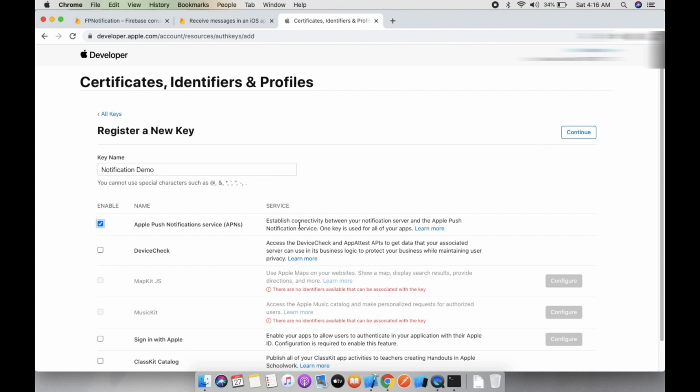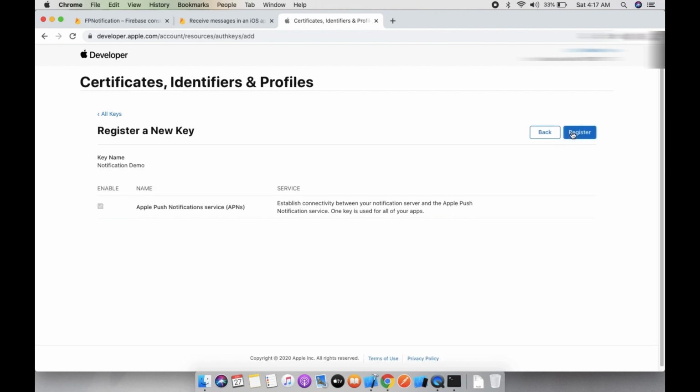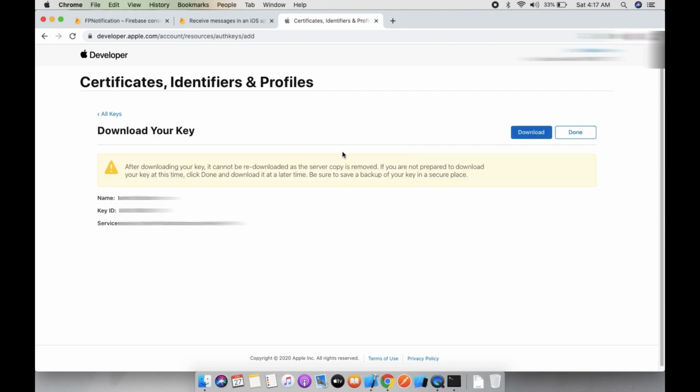Here you can see it establishes connectivity between your notification server and Apple push notification service, and one key is used for all applications. Let's click on the continue button, and here you can see what we have already enabled, and register. So now your key is registered with Apple.